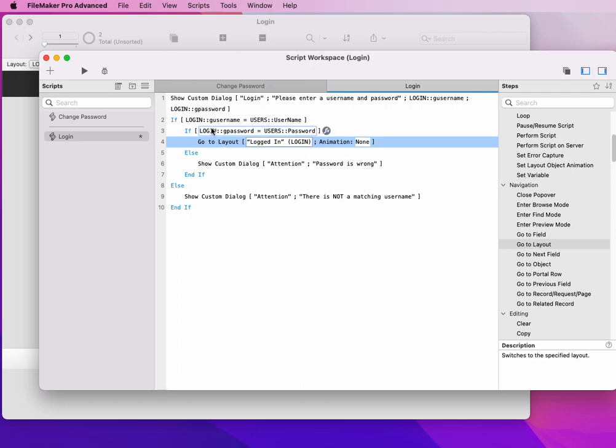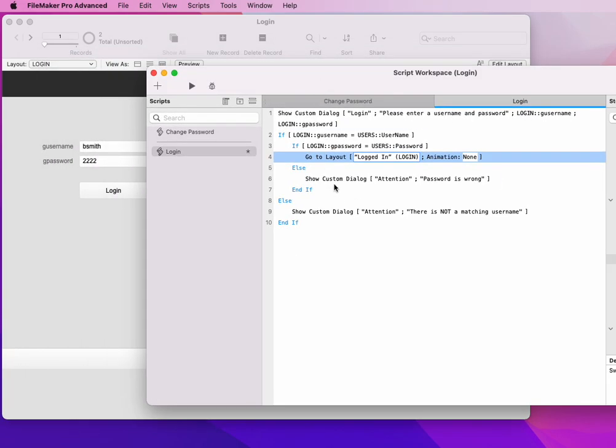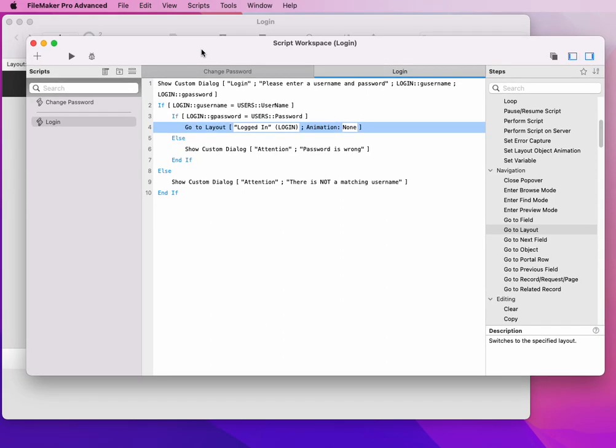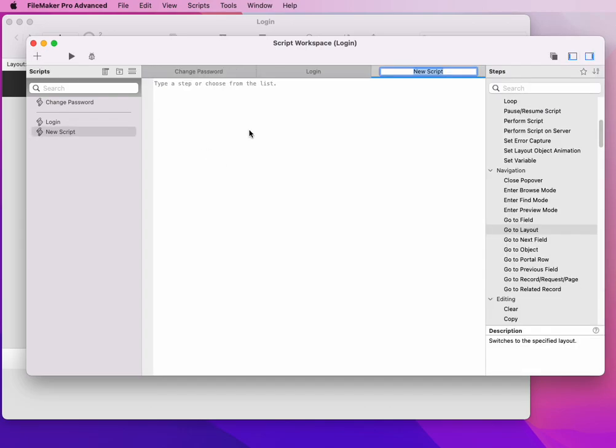Okay. The next thing I want to do also is I want to clear out those fields. What do I mean by that? Let me save this. These are my temporary fields, and they're going to stay here on the layout, but we want to clear them out each time that we run this script. Since there are several scenarios here by which we might want to clear them out, rather than duplicating code, I'm going to suggest that we create another script,